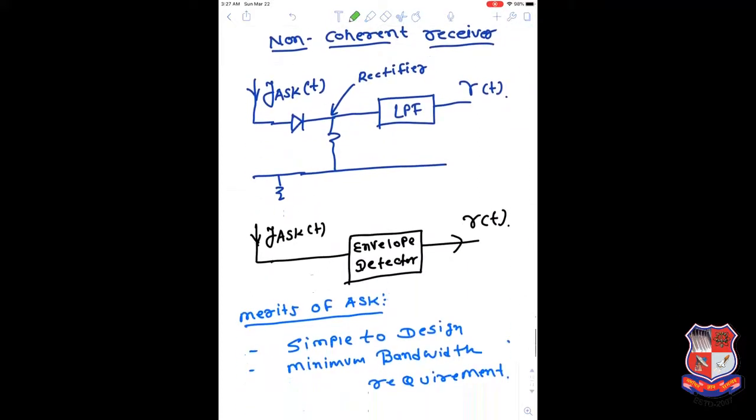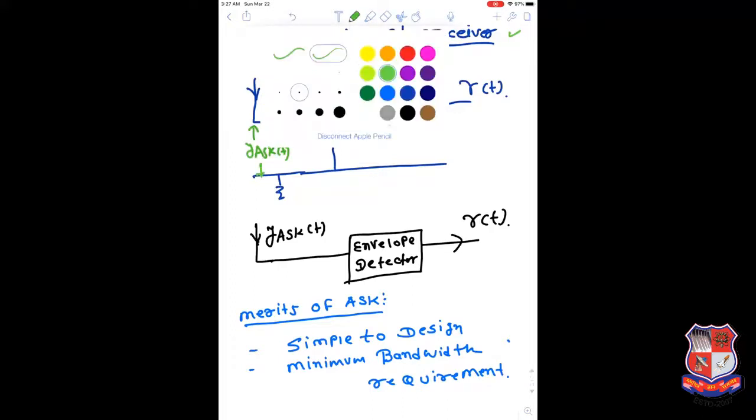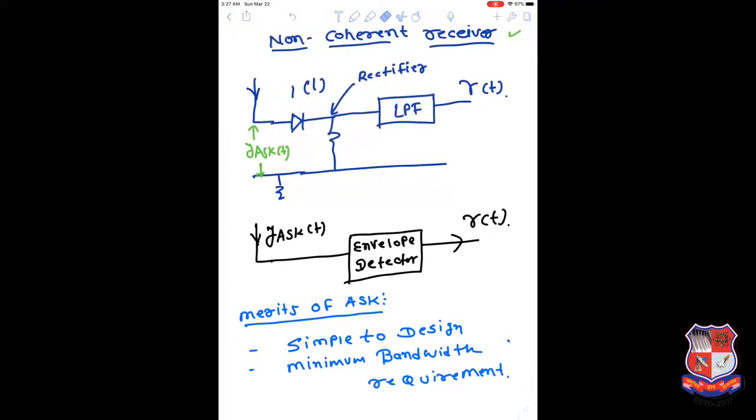Now we go to the next portion about the non-coherent receiver. So in a non-coherent receiver, we don't have a carrier at the receiver to decode the signal. So we will follow the procedure of a rectifier. Let's say we apply here the y ASK of t signal, right? I can remove from here, right? So this is applied here, and that can be passed through the diode. So what happens here, the input which is applied here is a signal like this. After passing through the diode, the diode will clip the negative value, so we have only this value,